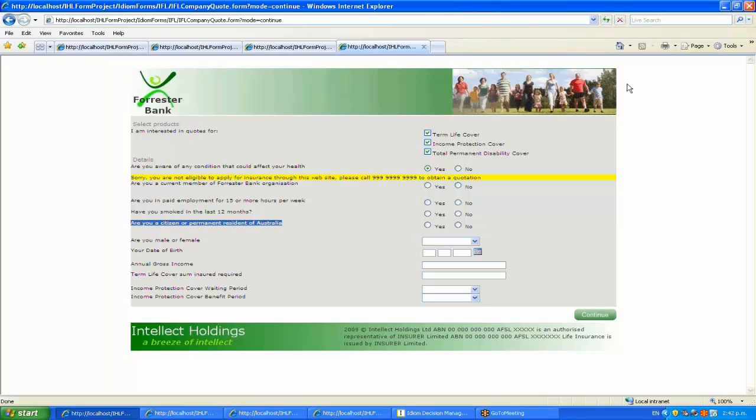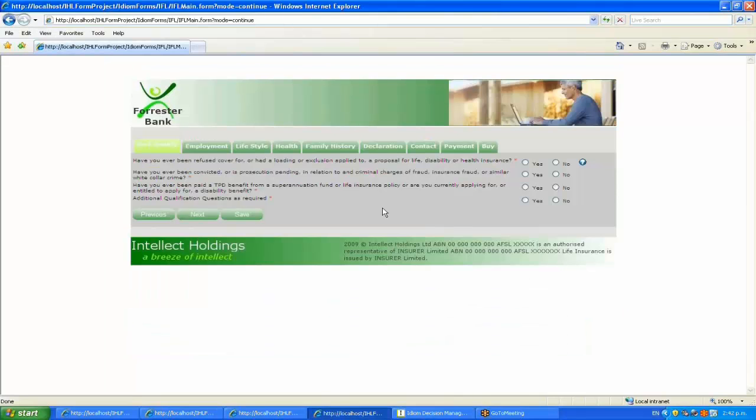I'll go back to the application that we were working with previously to demonstrate some further implementations of reflexive questioning. IntelliSure web forms allow electronic underwriting decisions to be presented in real time to a user in response to a post or submit action. Real-time reflexive questioning can be used to determine if an applicant falls within the boundaries of a risk or that they can be covered by a select product. If the applicant does not comply with nominal criteria, e.g. in this example the applicant has past criminal convictions,